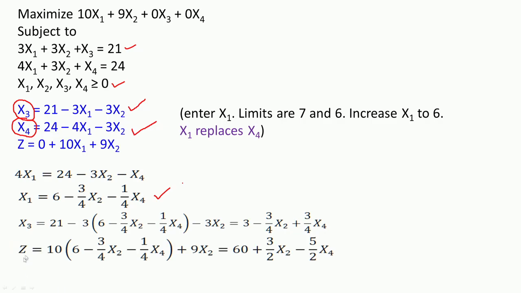the objective function as, it was originally 0 plus 10x1 plus 9x2. So, the objective function becomes 0 plus 10 times x1, x1 is 6 minus 3 by 4 x2 minus 1 by 4 x4, plus 9 x2. So, 10 into 6 is 60, minus 30 by 4 plus 9, minus 30 by 4 plus 36 by 4 is plus 6 by 4, which is 3 by 2 x2, and 10 minus 10 by 4 is minus 5 by 2 x4. So, from this solution,